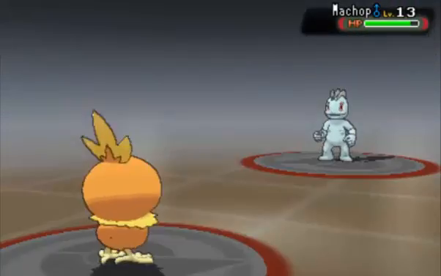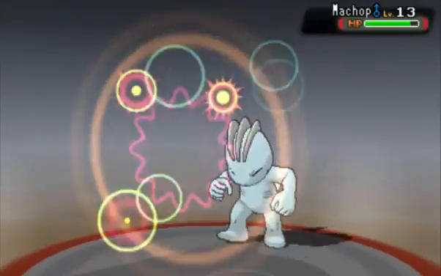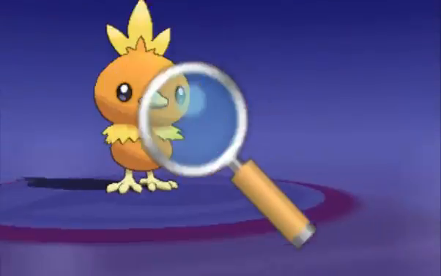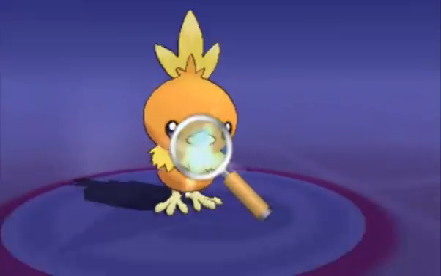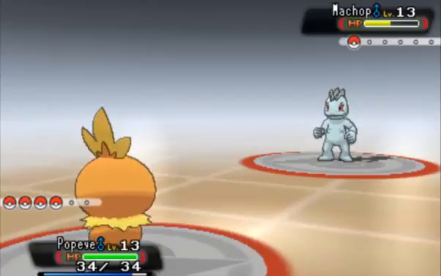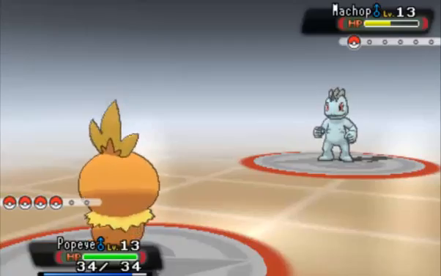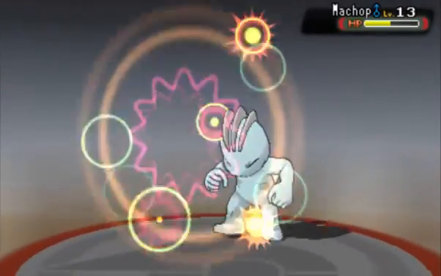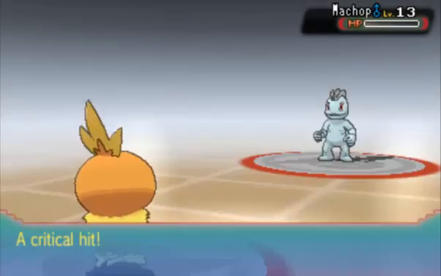Basically, I think this is a very underrated move. This can really help you out in a lot of tight situations. You notice it doesn't do a lot of damage at first, but it just multiplies and gets more powerful and more powerful every time. Looks like he's going to use a Foresight. So yeah, this Echoed Voice, by the time you're on your 3rd one, it's 120 base power, which is crazy